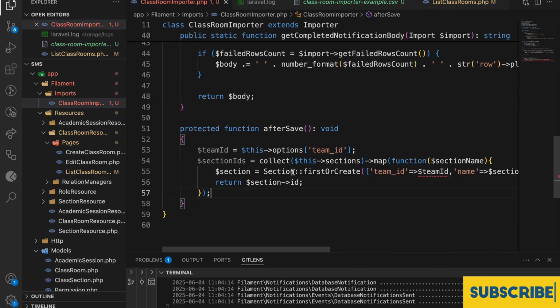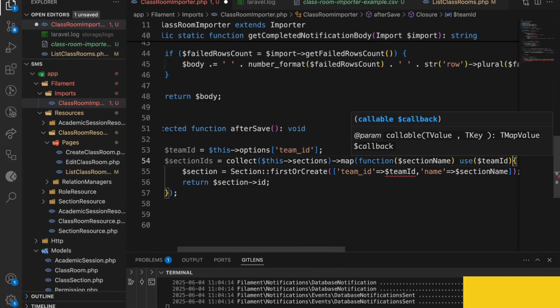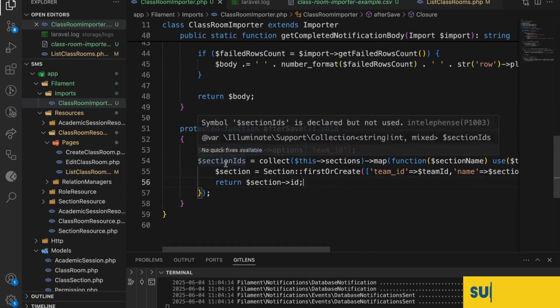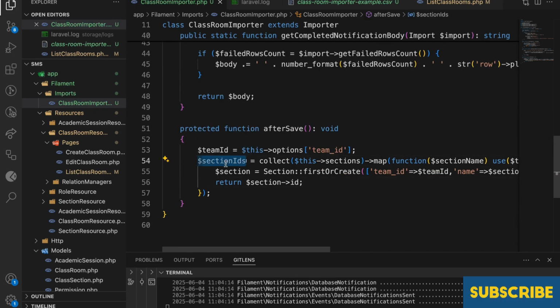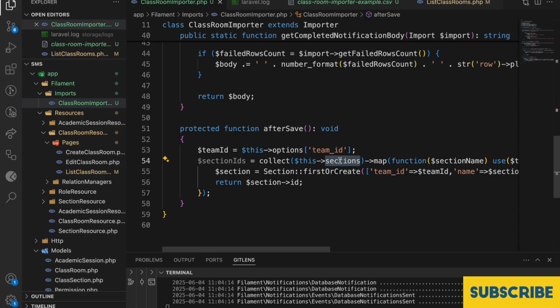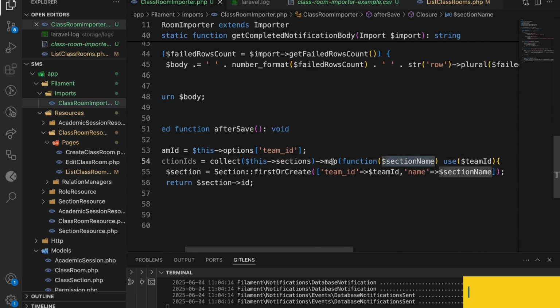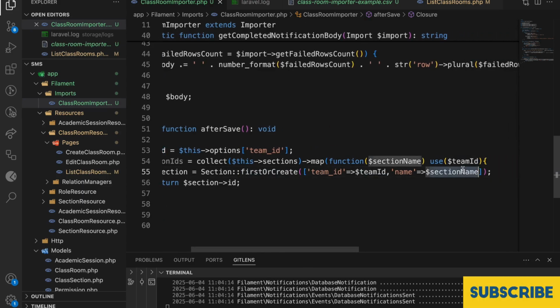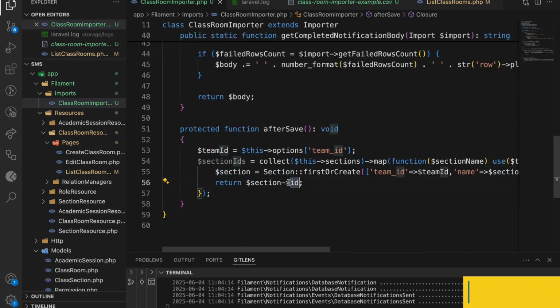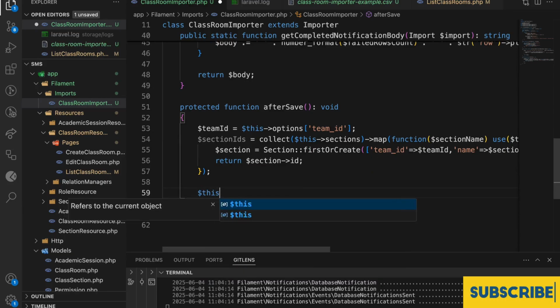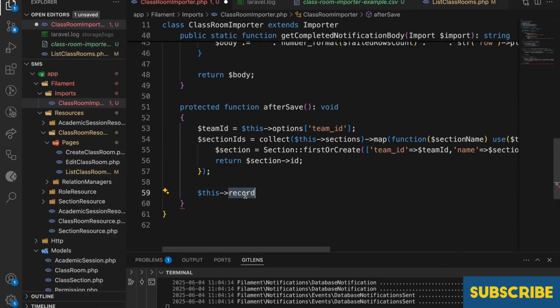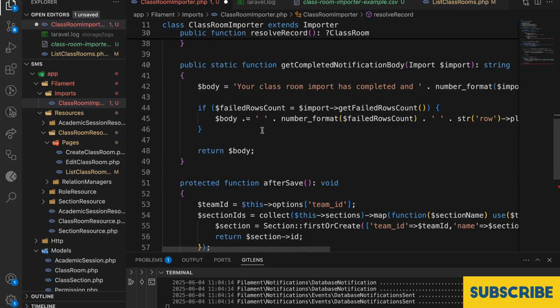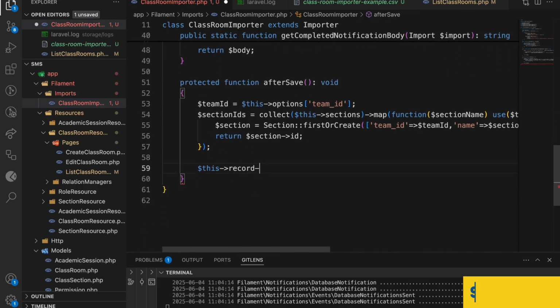Right? So here what I have done, use $team ID. So here I am getting all the section IDs, right? I am collecting my sections and then using the map. I am trying to find the section with that particular details, team ID and section name, and after that I am just returning the ID. So that now what I can do is $this->record. This is the classroom record that will be created from here. I can use the method